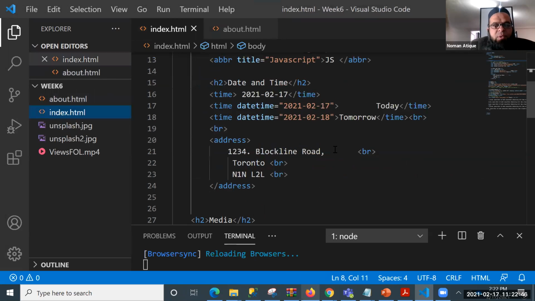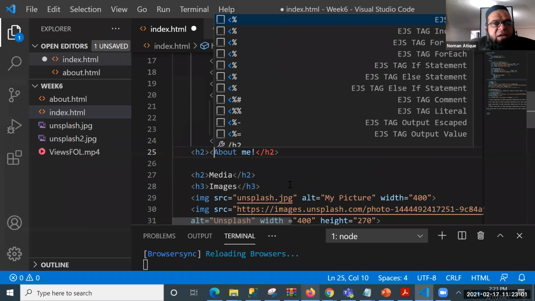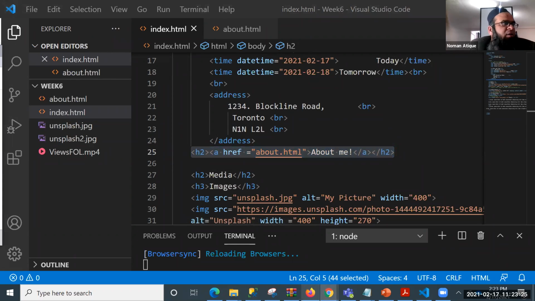Now come to the index page. For example, just here in the beginning after the address, write down one H3. Oh, sorry, H2, and about me. Right? And I want to link this one. Link with what? Let's make an A tag, href equal to, I want to link it to what? About.html, and this is in my folder, so I don't need to do anything else than that. Just copy this one and paste this one, right? I have just used this line in my index page. Now copying and pasting this line. I have copied and pasted that line as well.